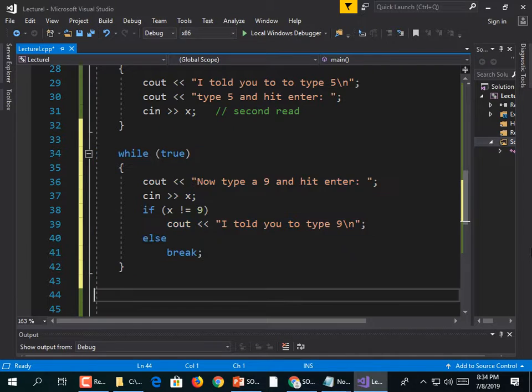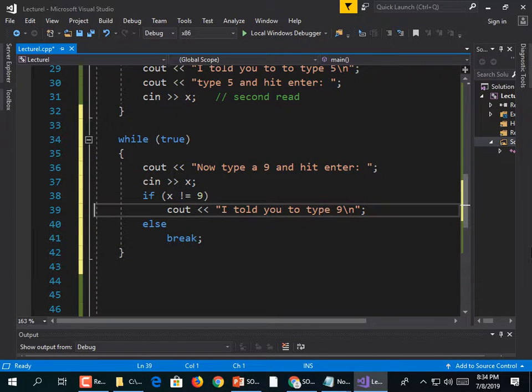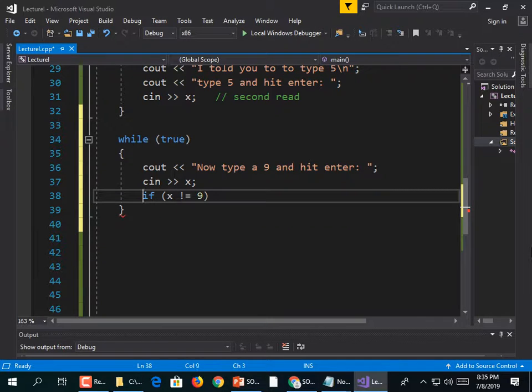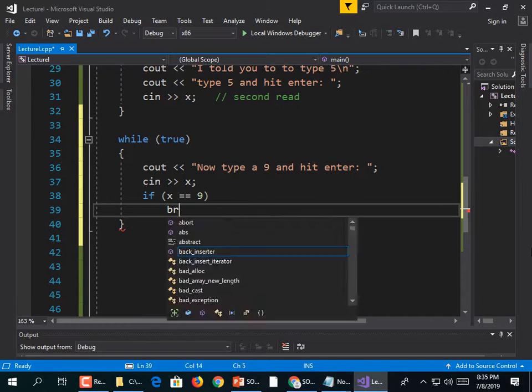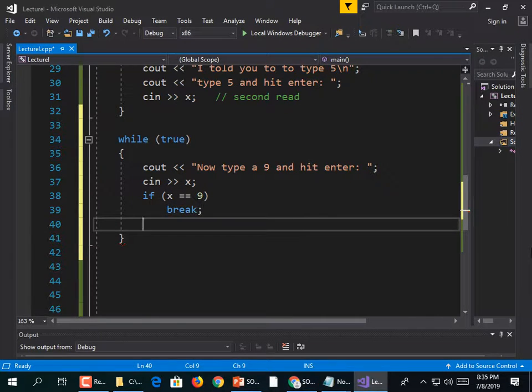I am going to revise as to how I would actually probably do it. This way is just as good as the other one, but for some reason my brain likes to see it like this better. I would change this to, I deleted those lines, if x equals 9. It's a good value, so break. cout << "I told you to type 9\n";